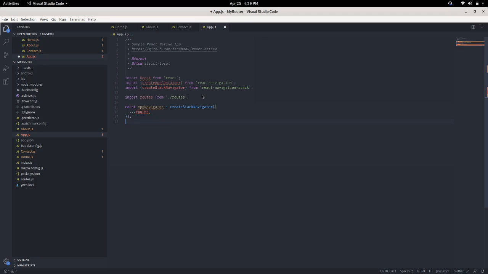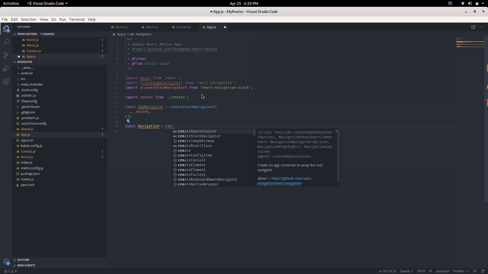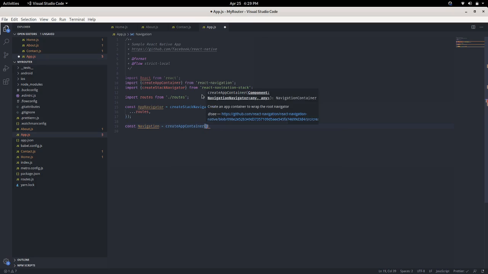Now we have routes, so we will define one navigation, equal to createAppContainer, and inside this we will pass appNavigator.